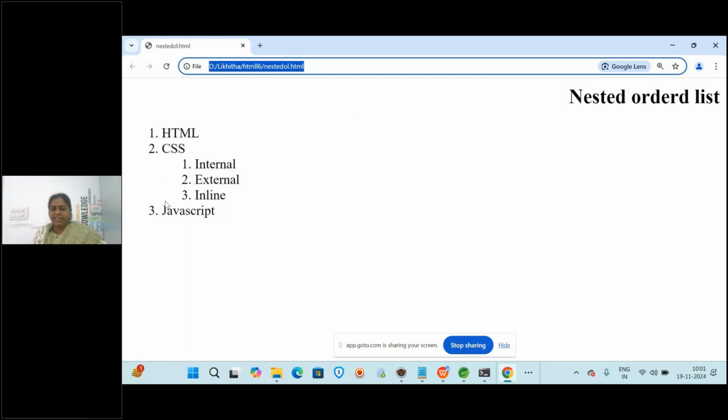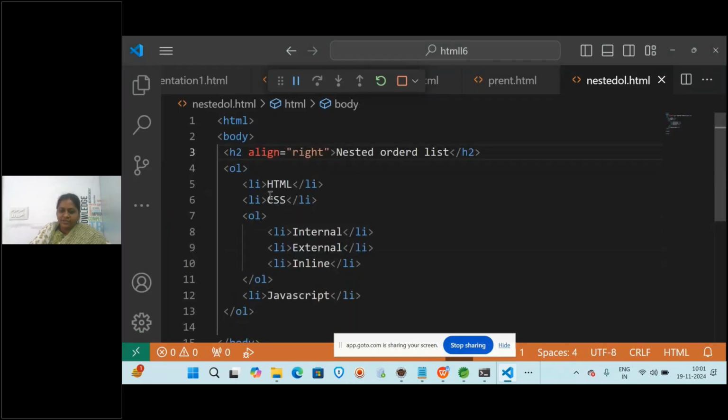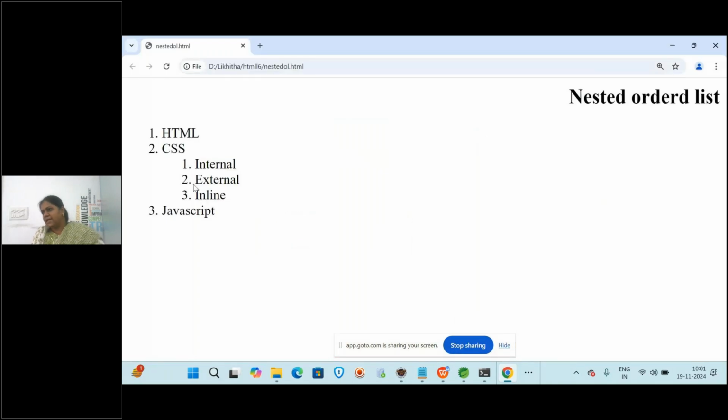I did not give any indentation. If you see, everything is present normally. If you are writing this list of items in the same line, since you are writing it as a sub list, nested list, it will automatically take those indentations, meaning the space. The space is to indicate the difference. Otherwise, if everything is in the same line, we cannot know it as a sub list. No, sub modules we cannot know.